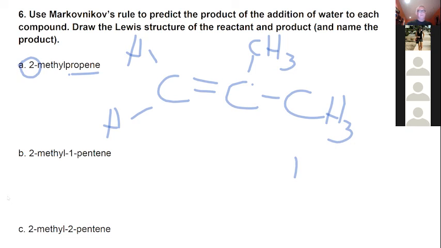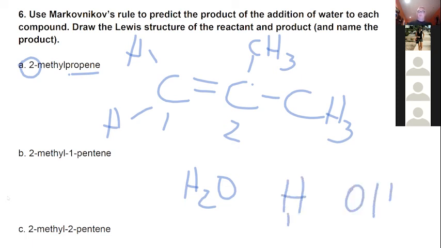I've got carbon 1 and carbon 2. So that's the double bond that's going to get broken. And when it gets broken, I'm adding water across that double bond. So one of those carbons is going to get the hydrogen, and the other one is going to get the